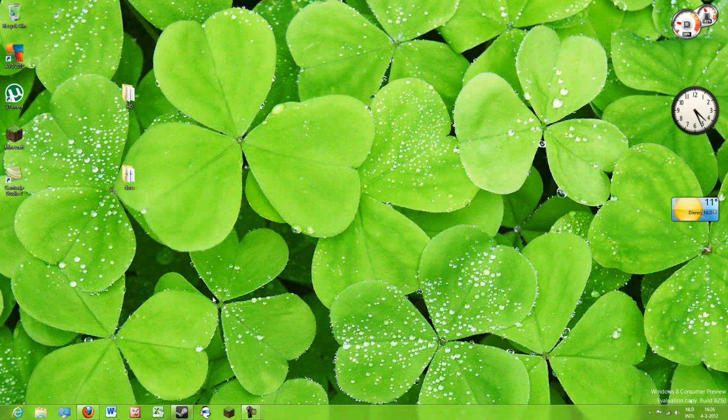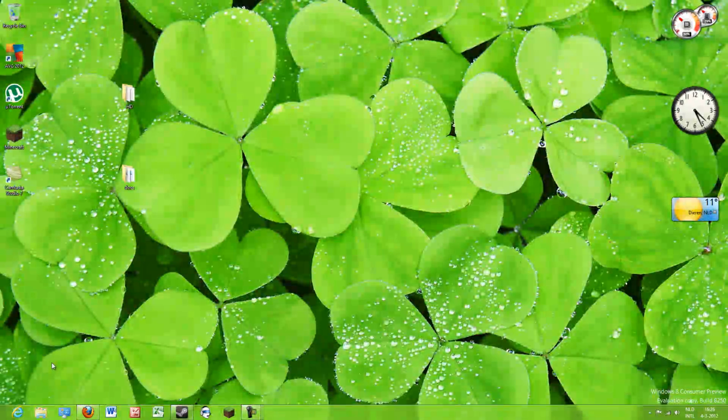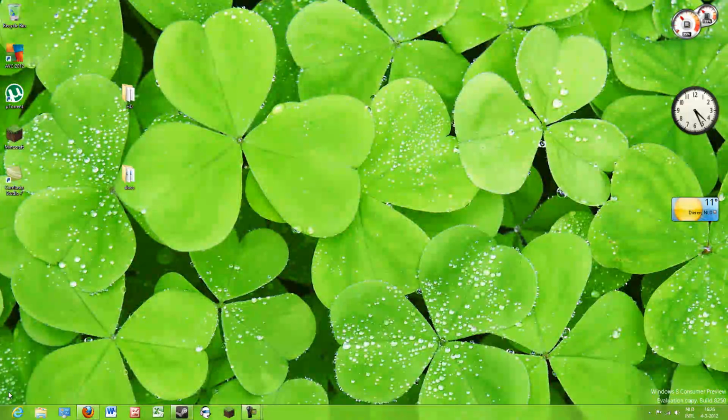So what also has changed in the Windows 8 UI is of course this absence of the start button. There is no start button. Yes, you can hover it down here and it says start, but it'll take you to the Metro interface, not to the start menu, because there is no start menu. Once again, if you this time drag it up,